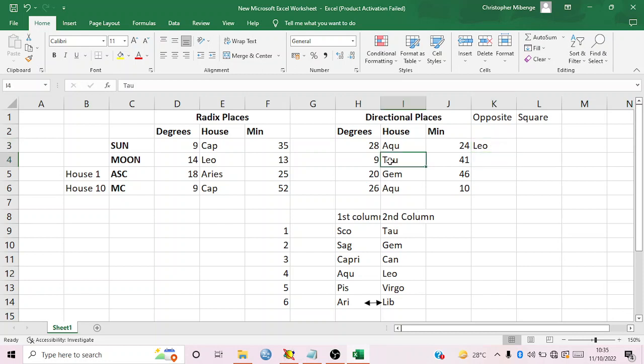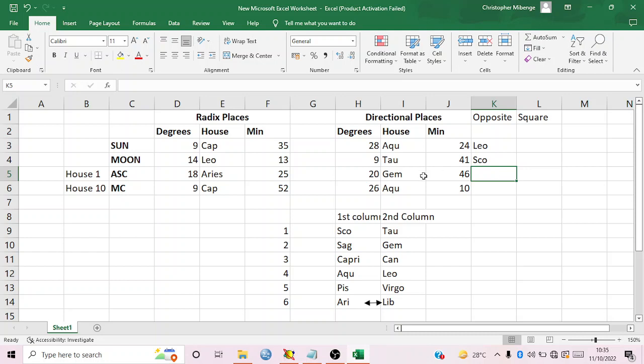Taurus, the opposite position of Taurus, as we can see, is Scorpio. So Scorpio, yeah, so the opposite of the direction of moon is Scorpio, 9 degrees 41 minutes,